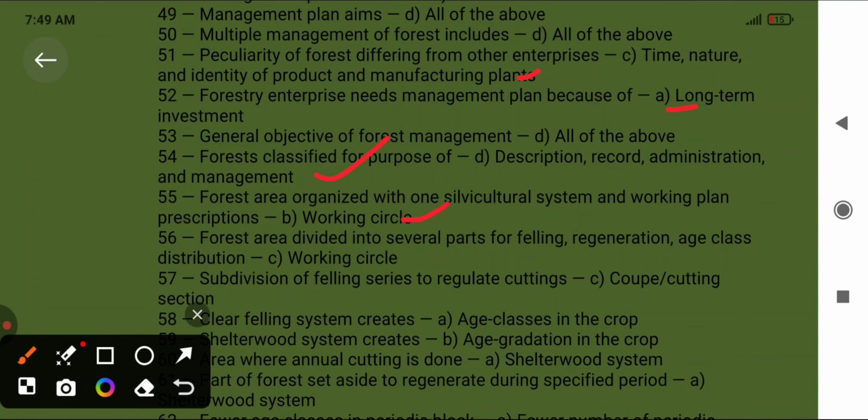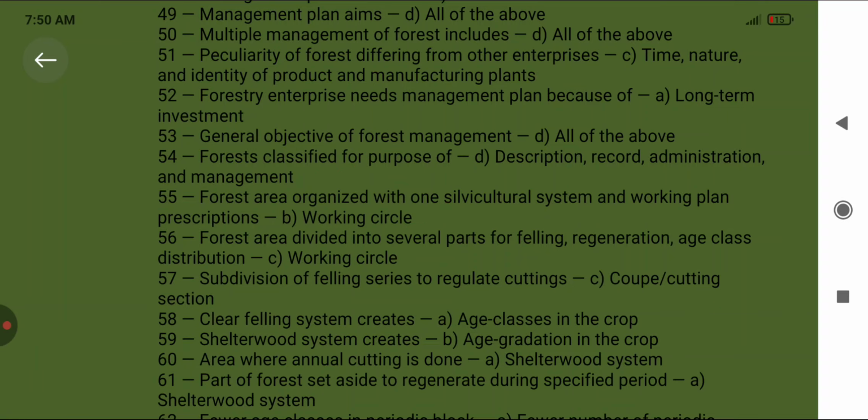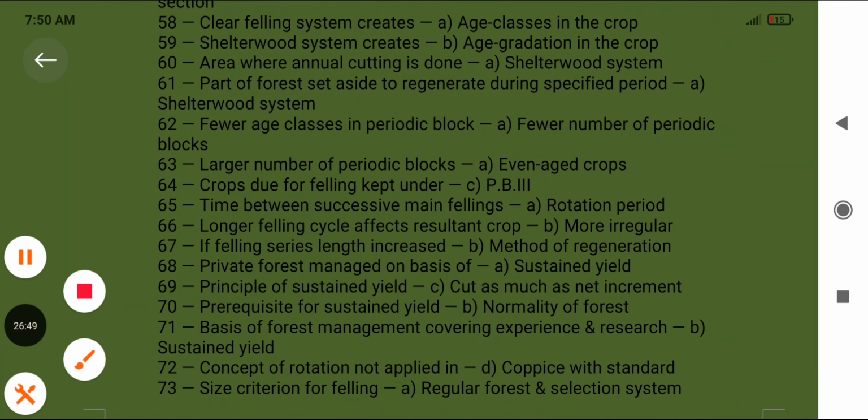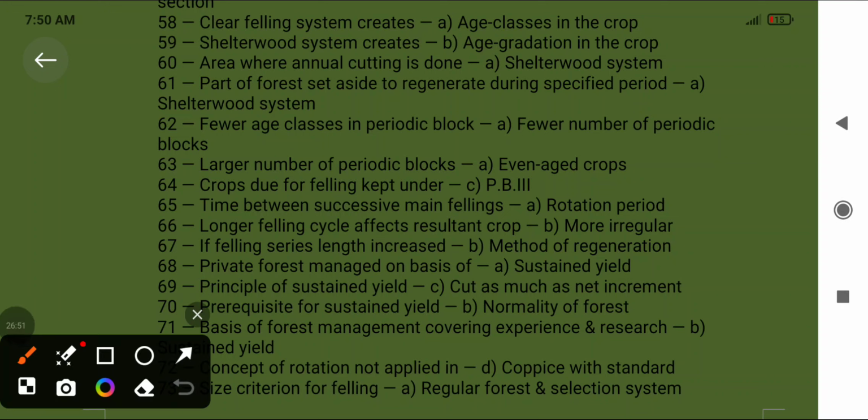Prescription, working circle: forest area is divided into several parts for filling, regeneration, age class, distribution, working circle. Subdivision of forest is the filling series, which regulates cutting, per cutting section. The clear filling system creates age classes in the crops, and the shelterwood system creates age gradation in the crops. Area where annual cutting is done, shelterwood systems, and part of forest set aside to regenerate during a specific period